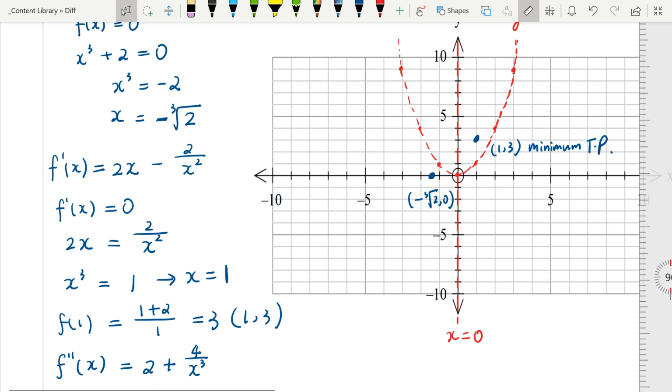Yep, the behavior when x goes to infinity. I'm not sure if you can see that the graph is here and here. Because the asymptote is here, the graph in the end needs to approach the asymptotes. So what we will have is